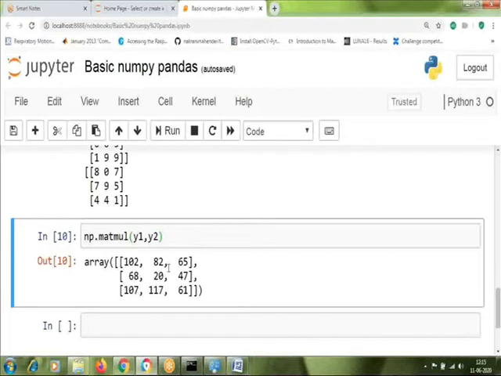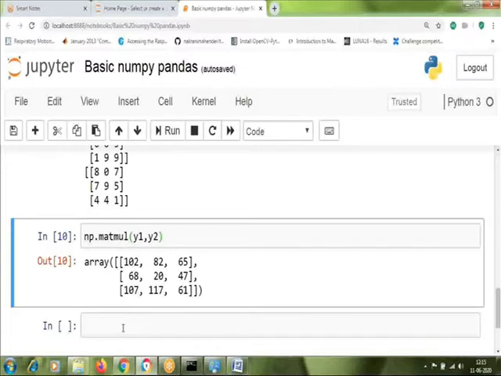We are not going to go through all those; you can practice them at home. There are many mathematical formulas which can be implemented using NumPy. Another important thing in NumPy is indexing. We'll see how indexing is done in NumPy.